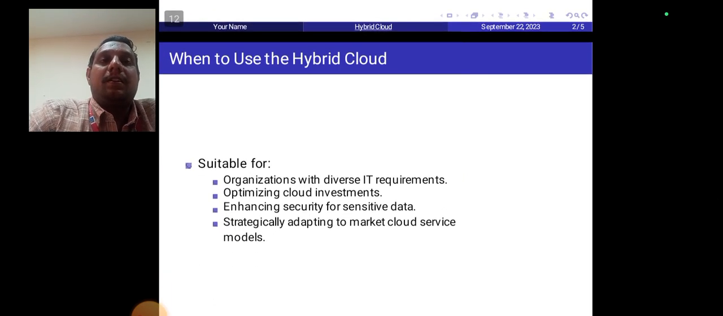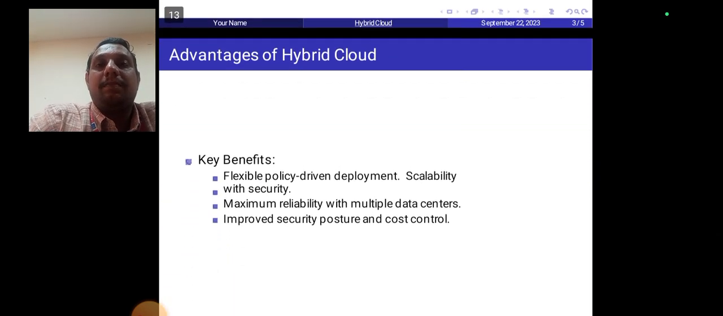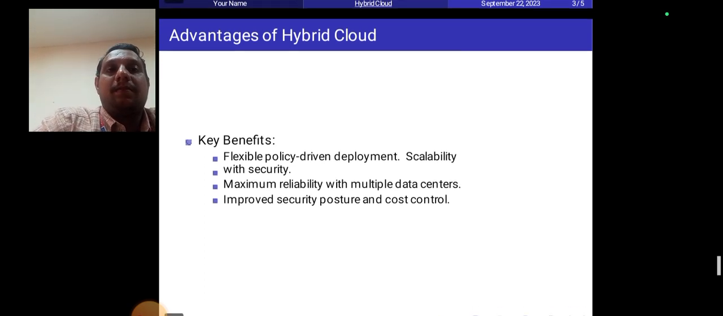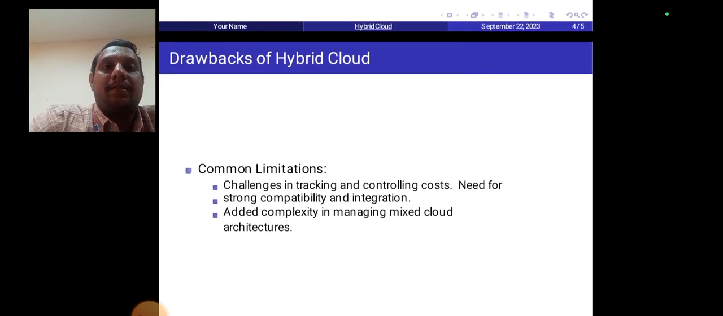It is suitable for organizations with diverse IT requirements, optimizing cloud investments, enhancing security for sensitive data, and strategically adapting to market cloud service models. The advantages of hybrid cloud are flexibility, policy-driven deployment, scalability with security, maximum reliability with multiple data centers, and improved security posture and cost control. The drawbacks of hybrid cloud are challenges in tracking and controlling cost, need for strong compatibility and integration, added complexity in managing